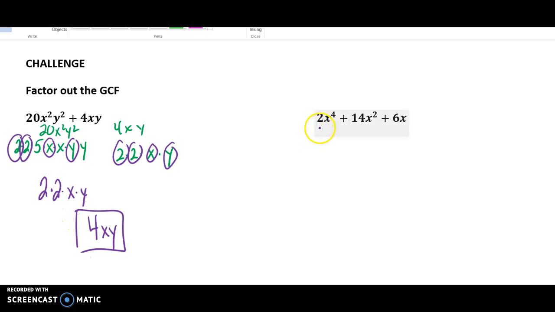And for the last one, we're doing the same thing. We're just doing it with 3 terms. We have to make sure your factors are common in all 3 of these terms, not just 2 like we've done before. So 2 times x times x is your 2x to the fourth. And then 14x will be 2 times 7 times x. And then 6x will be,